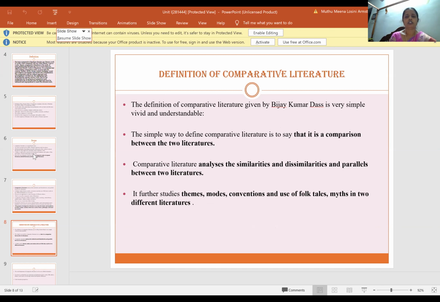So, there are definitions of comparative literature. The definition given by Vijay Kumar Das is very simple, vivid, and understandable. The simple way to define comparative literature is to say that